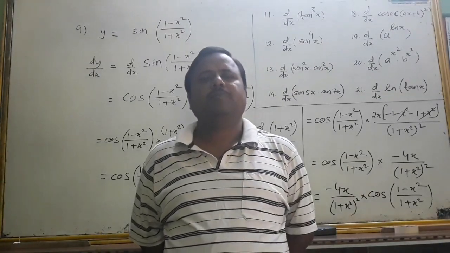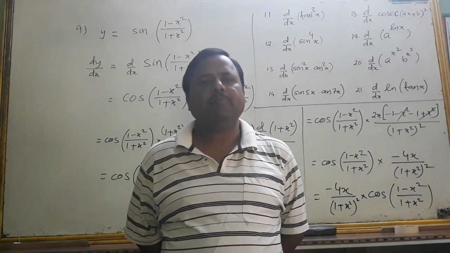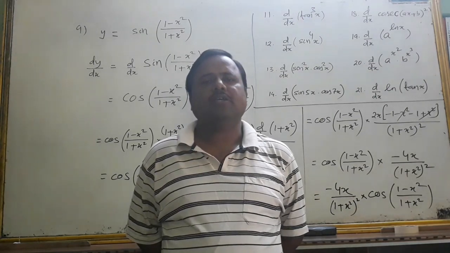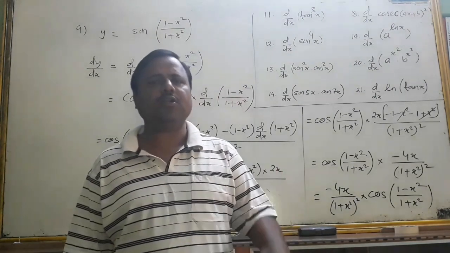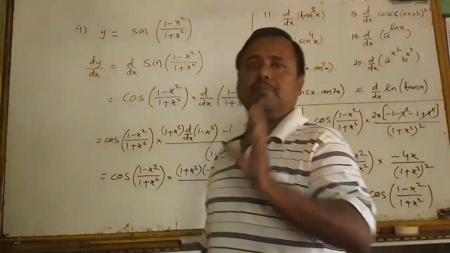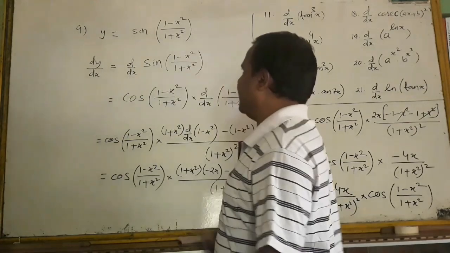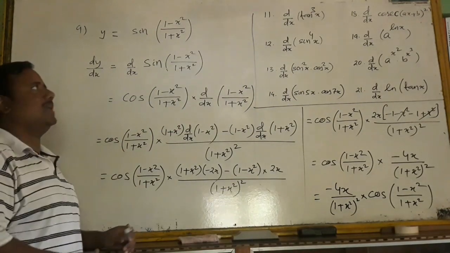In my previous problem set of chain rule, I have solved problems 1 to 10. Today I will solve from 11 to 23 or 24. But in my previous one, I made a small mistake in number 9. Look at here, there is a mistake, I will tell you at that point.